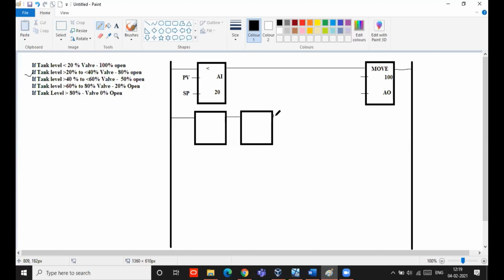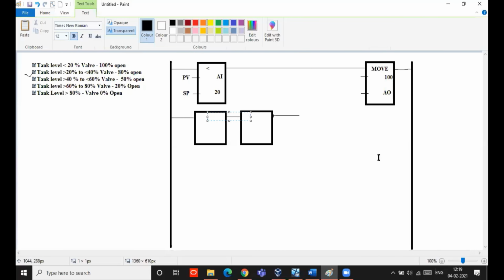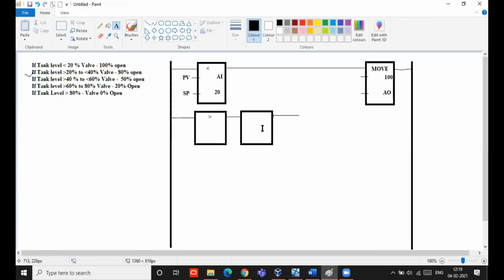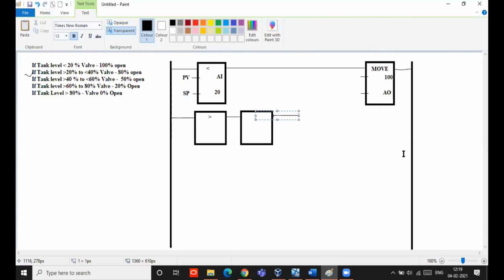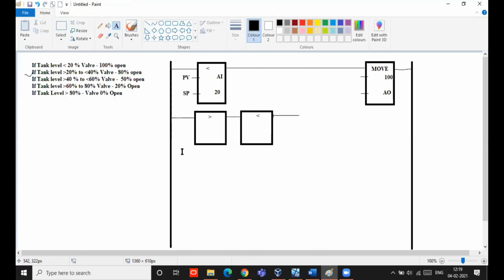How it will be functioning: this comparator is for greater than, and this comparator is for less than, like this.